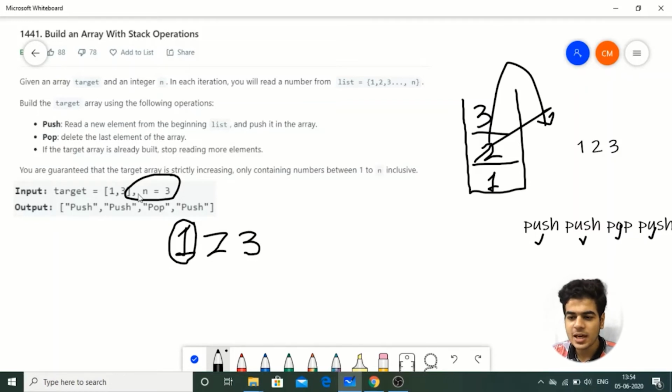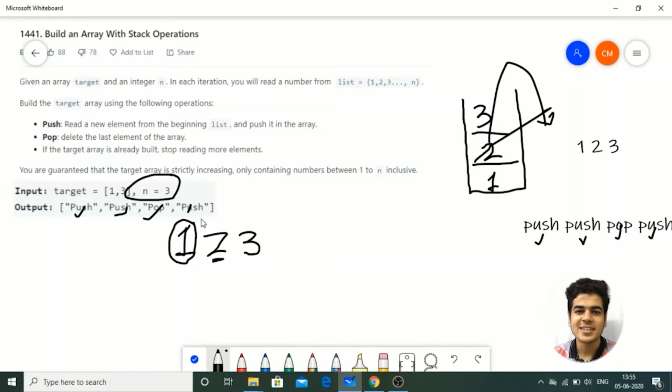If it is present in the target, then I'm going to add just push. But if it is not present, like when I come at 2, so 2 is not present in the target, right? So I'm going to add push and pop both in the list. And again when I come to 3, 3 is present in the target, so I'm just going to add push. So that was all about the implementation part.